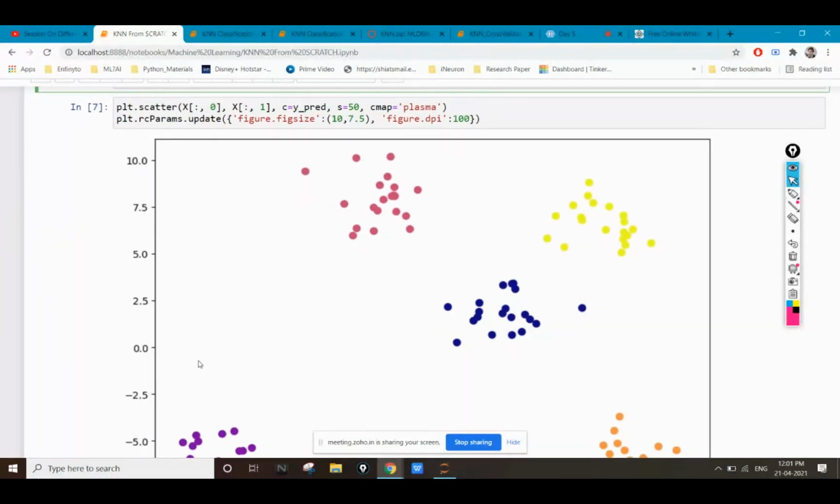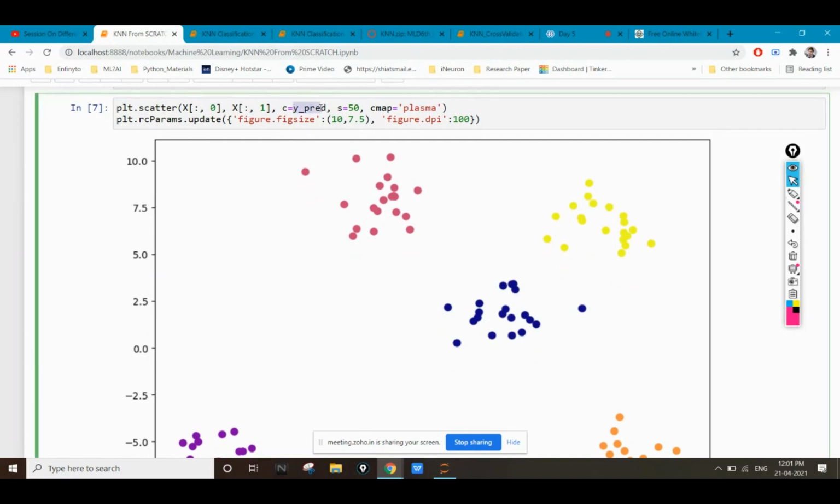Then we are going to print that y predicted value. See here, I'm printing that y predicted value with color map as plasma, to be of different colors, different plasma color types.